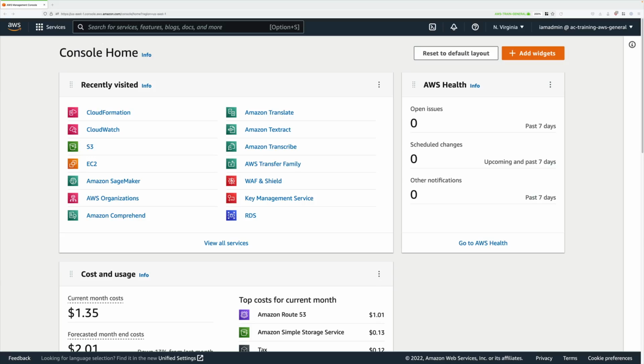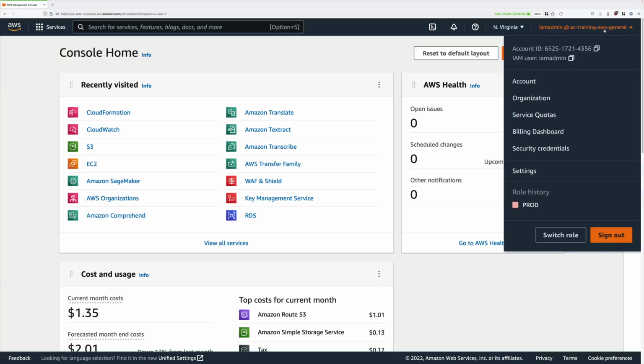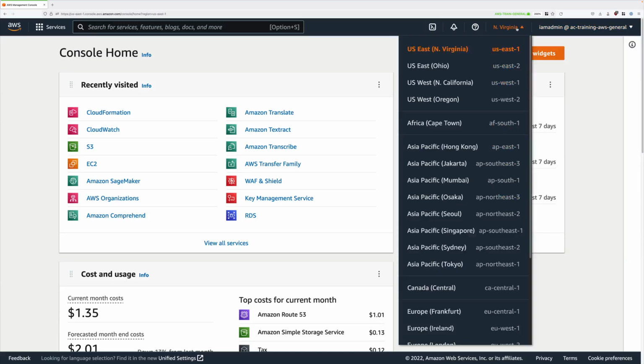Now, to get started, you'll need to be logged in as the IAM admin user to the general AWS account, and you'll also need to have the Northern Virginia region selected. Attached to this lesson are two links. The first is a one-click deployment link which will deploy the infrastructure that you'll need for this demo. And the second is a link which will download the files you'll need for this demo. So go ahead and click the demo files link to start that download, and then click the one-click deployment link